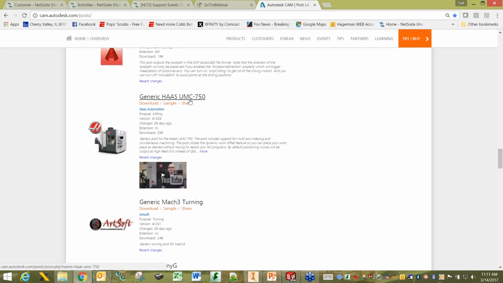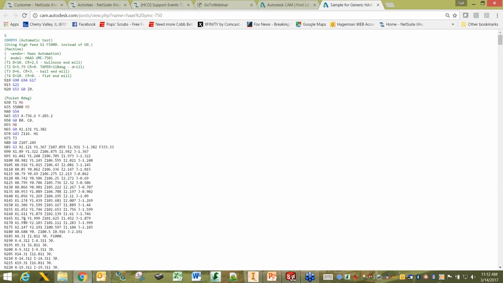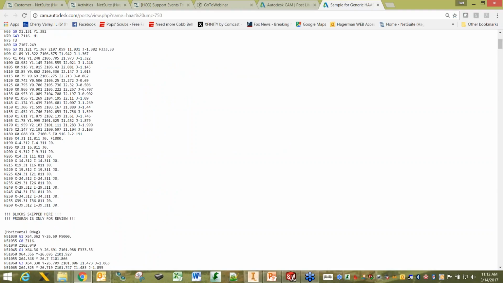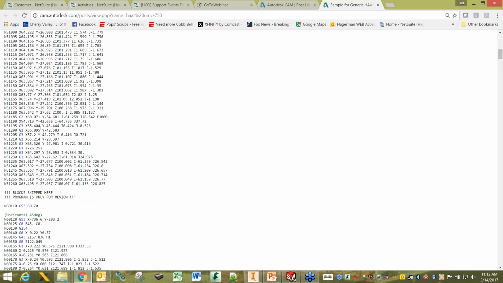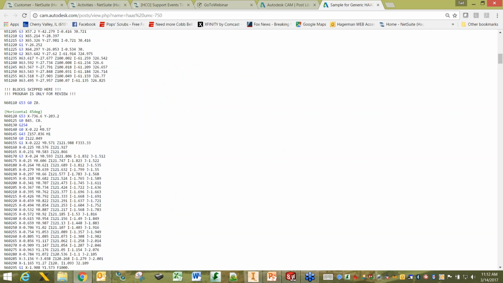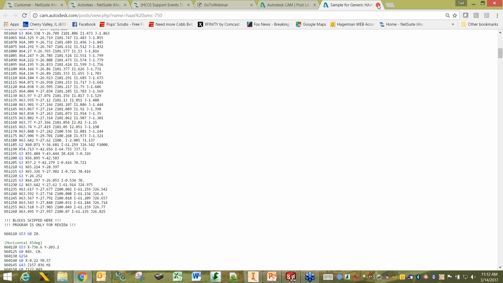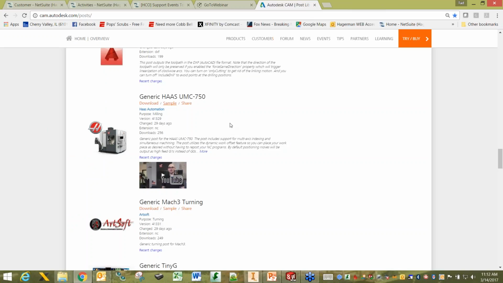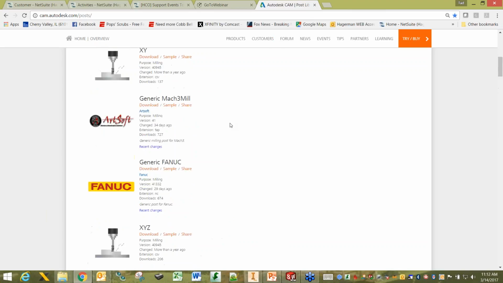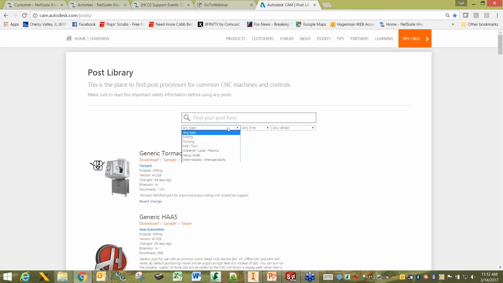If you have a UMC 750, you can download that post and go to work. If you're not sure, you can click on the sample and it'll pull up a print screen of a sample of how the G code looks. So they've done a real nice job here in producing this website for you to find post processors, and you